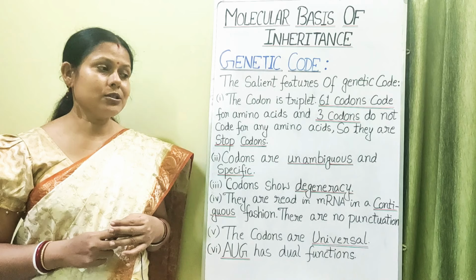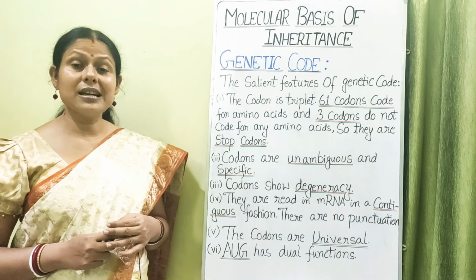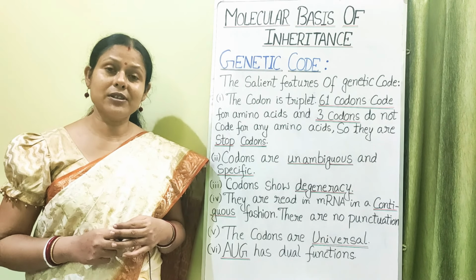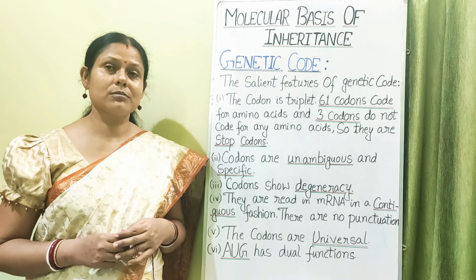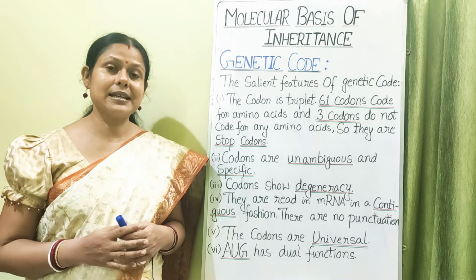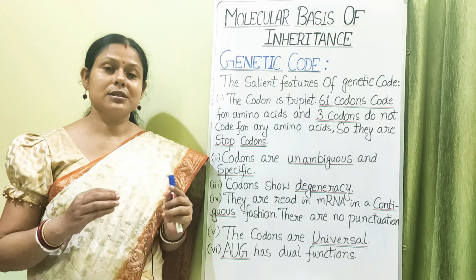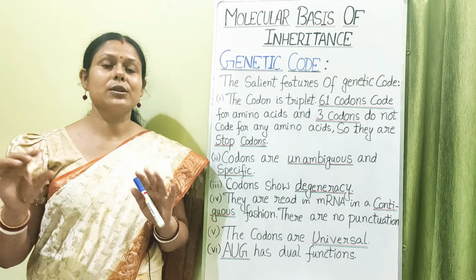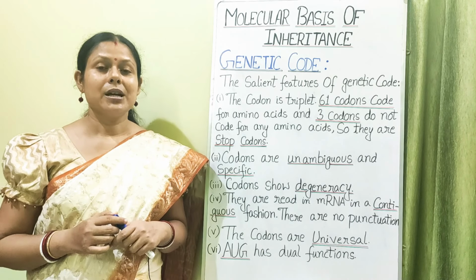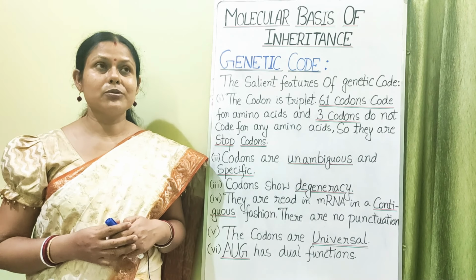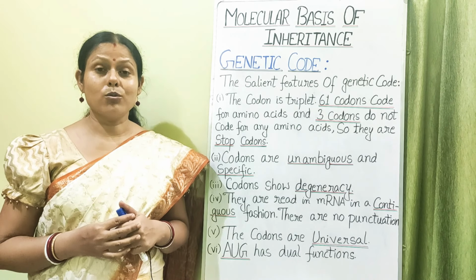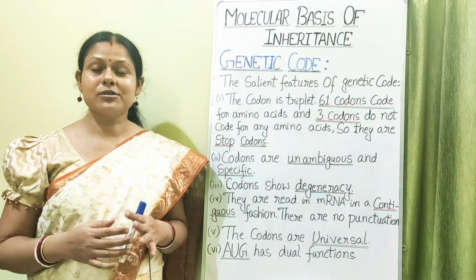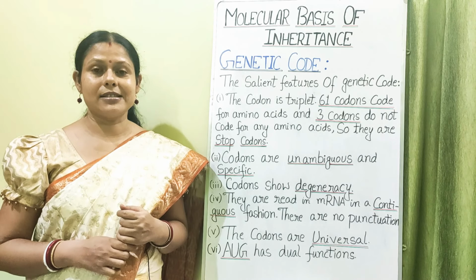But it could not be assumed, or it was very difficult, and there were no real evidences to properly say how the nitrogenous base sequence which is present in the mRNA could be translated into that of the protein. So deciphering the genetic code was a challenging task for the scientists.